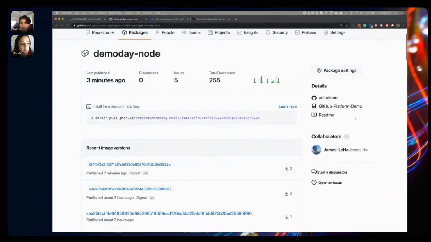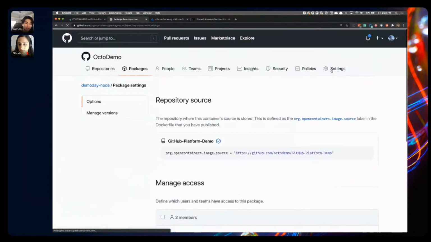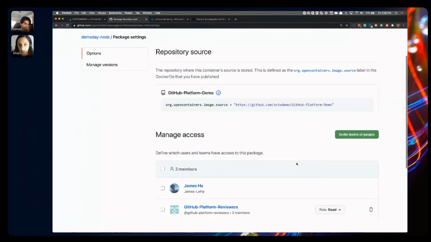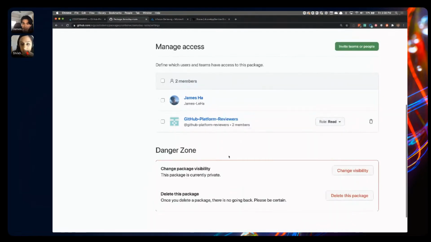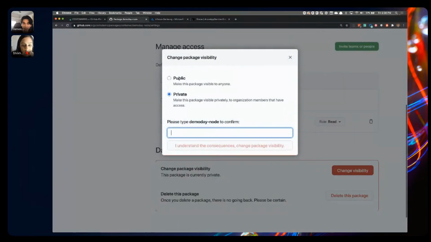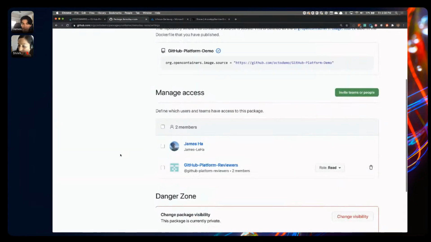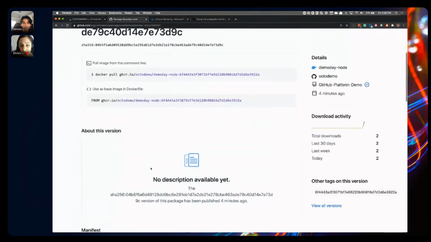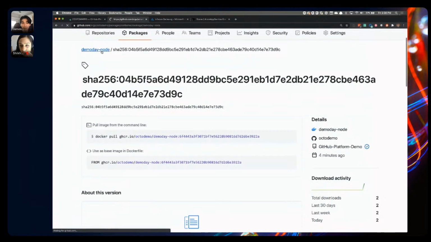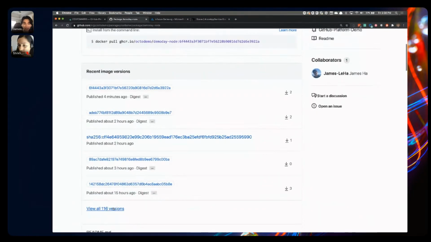We can also see the related repo to it, where it's originated from, as well as modify settings if we'd like to. So if we want to say specific people or teams should have access to this, we can say so. We can give them specific roles as well. And then we can, of course, change the visibility of this if we want to ever make this public for any open source projects we're working on. And we can manage the different versions of this that exist. And we can see how often this has occurred inside of our repo and how we're using it. So we can trace back the state of different deployments from not only our workflow runs, from not only the issues we created, the Terraform instances, now also the container image, all from that kind of native GitHub flow,